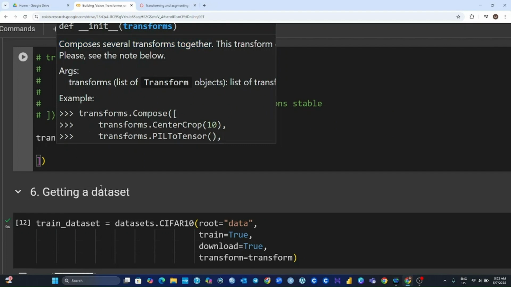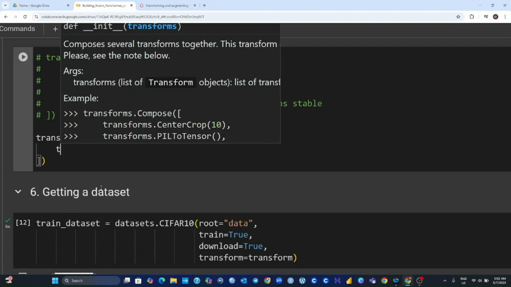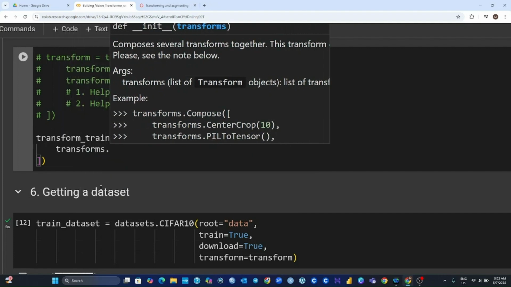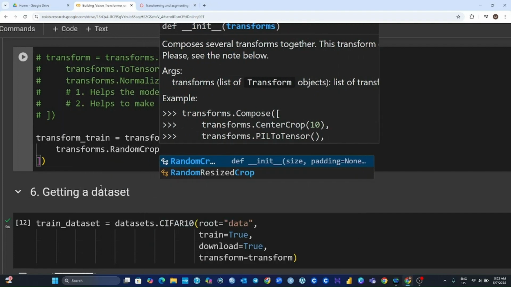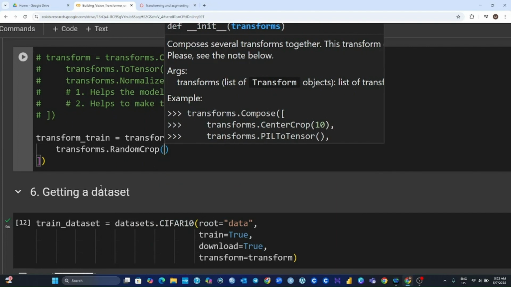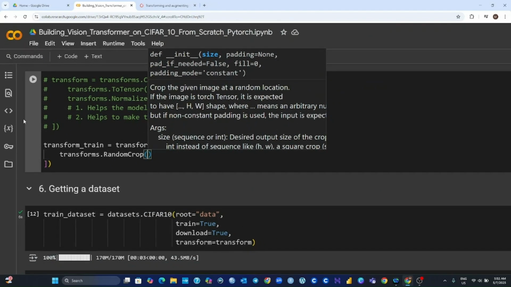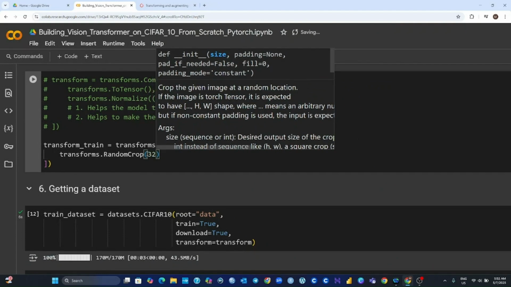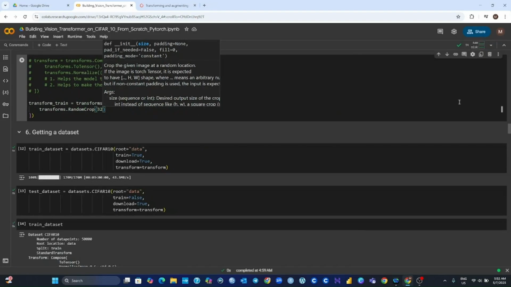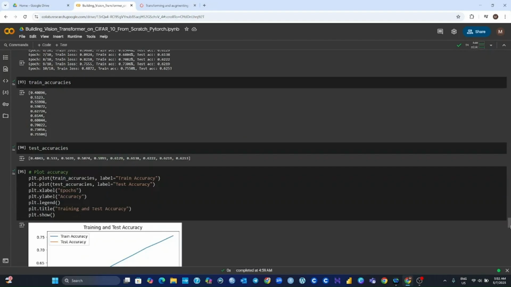Okay, so the first transformation will be transforms dot random crop. We will crop the images randomly. You can notice here the size of the crop will be 32, and you can read here about crop the given image at a random location. So you can crop the image at a random location. For example, you can crop the images of horses or of ships. For example, crop this